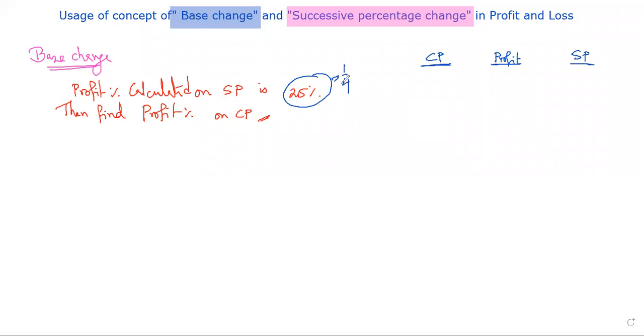So 1/4, on which data I need to write, it is most important. Should I write 1/4 on cost price? Normally it looks like profit means on cost price, but it is specifically mentioned that it is calculated on sale price. So 1/4 I need to calculate on sale price. So sale price I need to take as a minimum data, which should be 4. Once I have taken this as 4 and 1 is the profit, our cost price will be 1 less than 4, so it should be 3. So it is actually the first information, 25% profit calculated on sale price, taken like that.